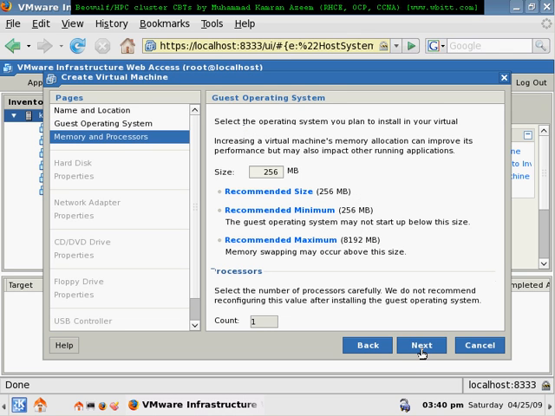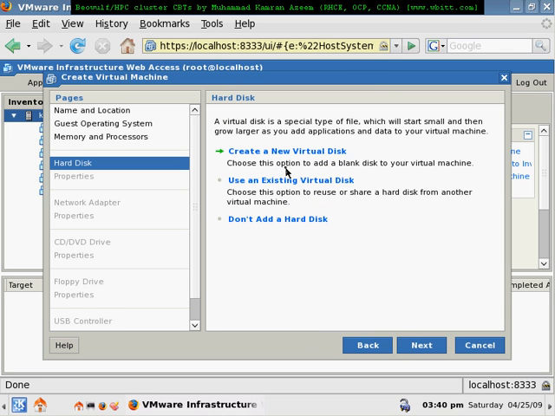press next. Okay, the size of RAM I'm going to give to the master node is, let's say, 1 GB, 1024 MB. I have 4 GB of physical RAM in this machine. I'm going to give it one processor only. Next, then I'm going to give